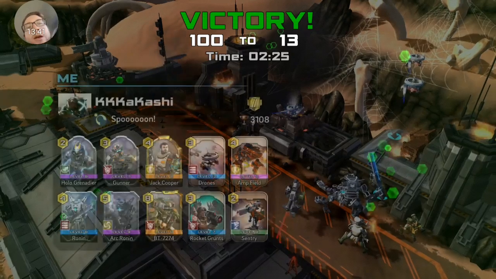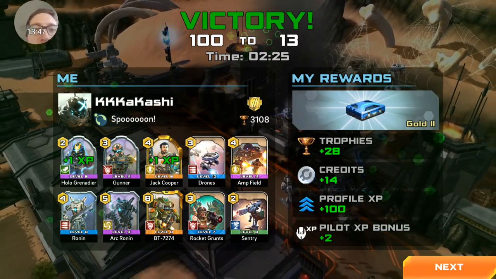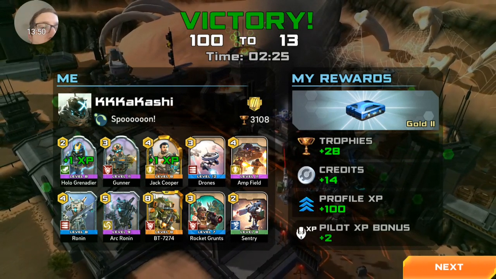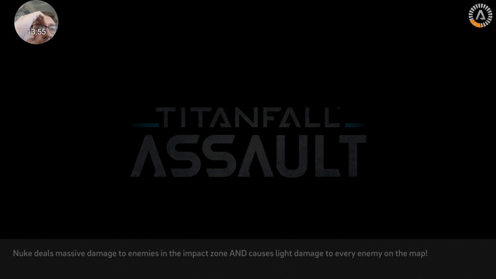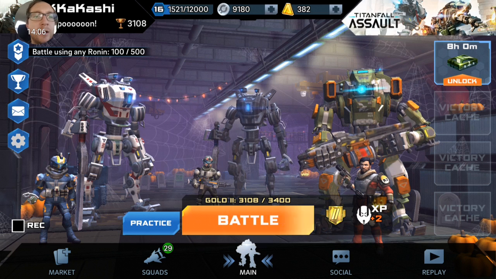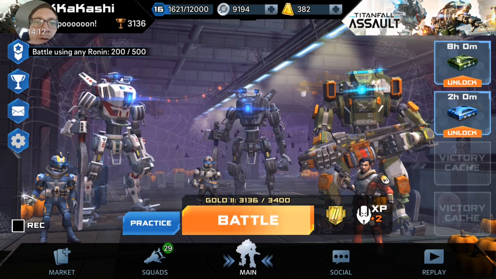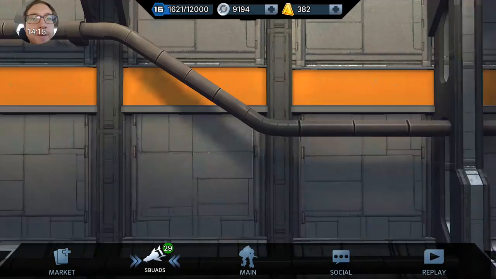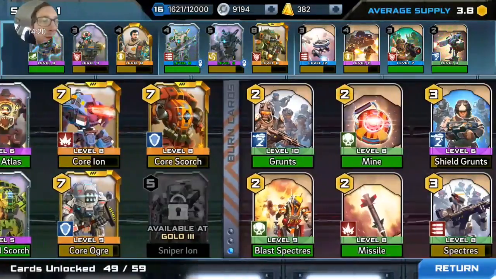Okay, some nice XP for the guild event. 100 XP pilot XP bonus. One for Holo Grenadier, one for Jack Cooper. Okay, let's change these burn cards. Let's see how much time I have left. About 20 minutes still. I don't think, let's see, maybe I can clear the daily event, but I highly doubt it. It would be nice. How many points did I get? Okay, 100 points. Yeah, I should be able to do it. Okay, deck, edit, rocket grunts. I want to replace with...